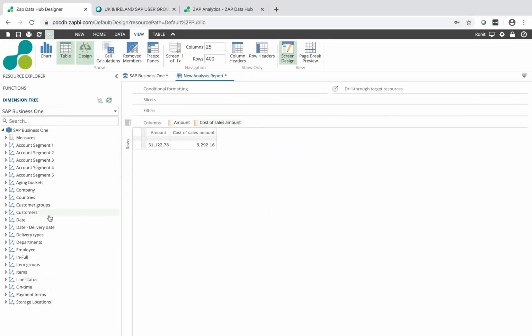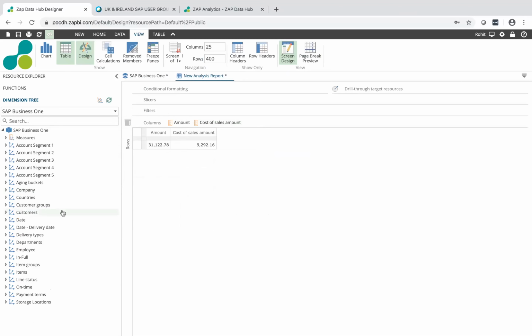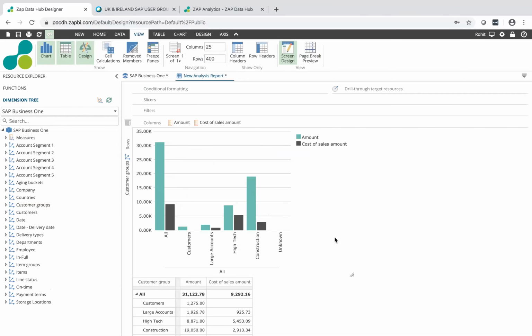But if I remove it and then I say, I want to do customer, and then you're like, great, I'll use geography here. That's the hierarchy I've created. So you can have that. And then United Kingdom, who are the customers, leads, well, it's going geography-wise completely. That's the data I have. But say this is not appropriate and I want to actually do it by customer group. Maybe I've created some stacked groups, where it is large customer, high tech, and so on, and how the data splits. How do I create a chart? Click on a chart, it creates that, and then you can design the chart and so on and so forth. Just to give you a perspective.